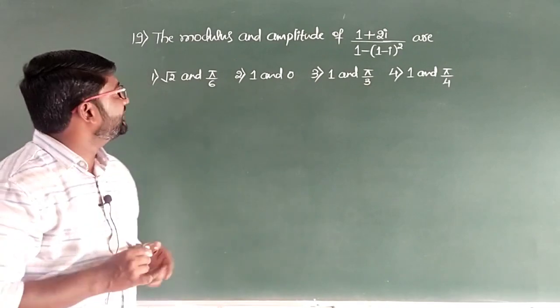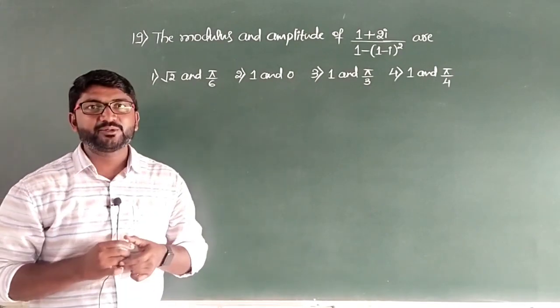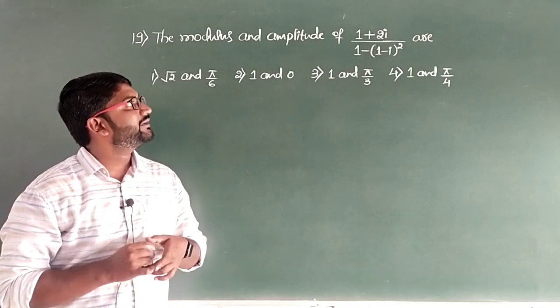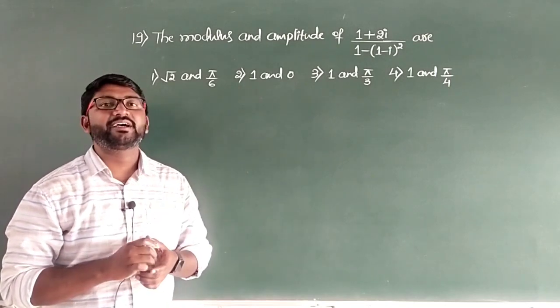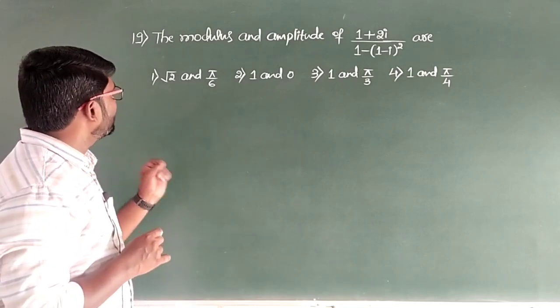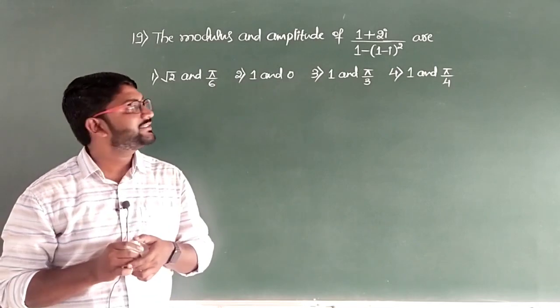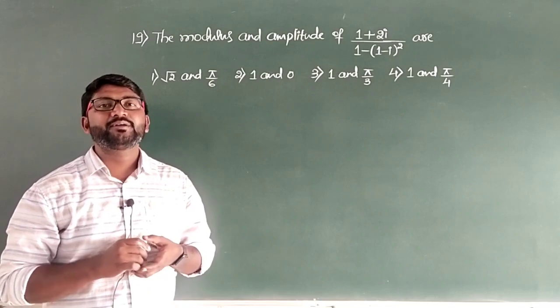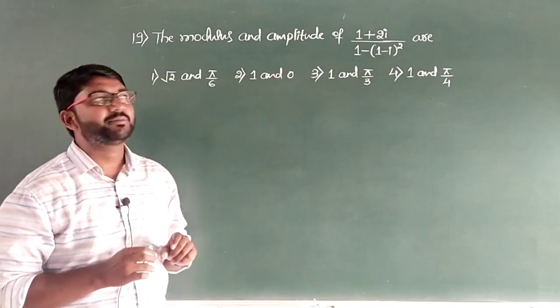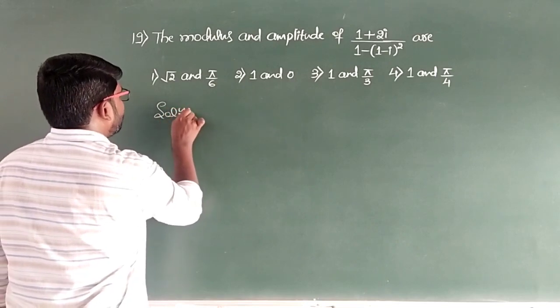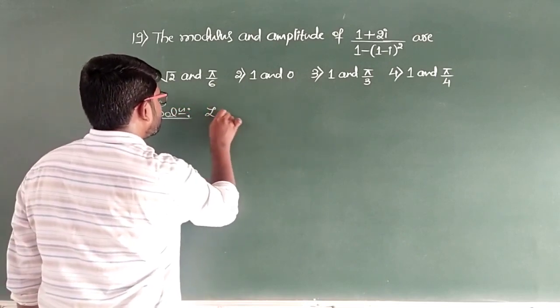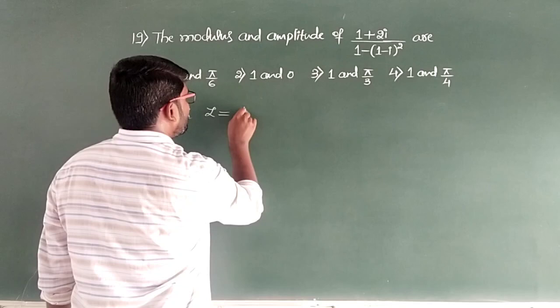Well, question number 19: the modulus and amplitude of (1 + 2i) divided by (1 − i)² are, and the 4 options are root 2 and pi by 6, 1 and 0, 1 and pi by 3, 1 and pi by 4. First we will have to simplify the given complex number and then we can find its modulus and amplitude. So z is equal to 1 + 2i